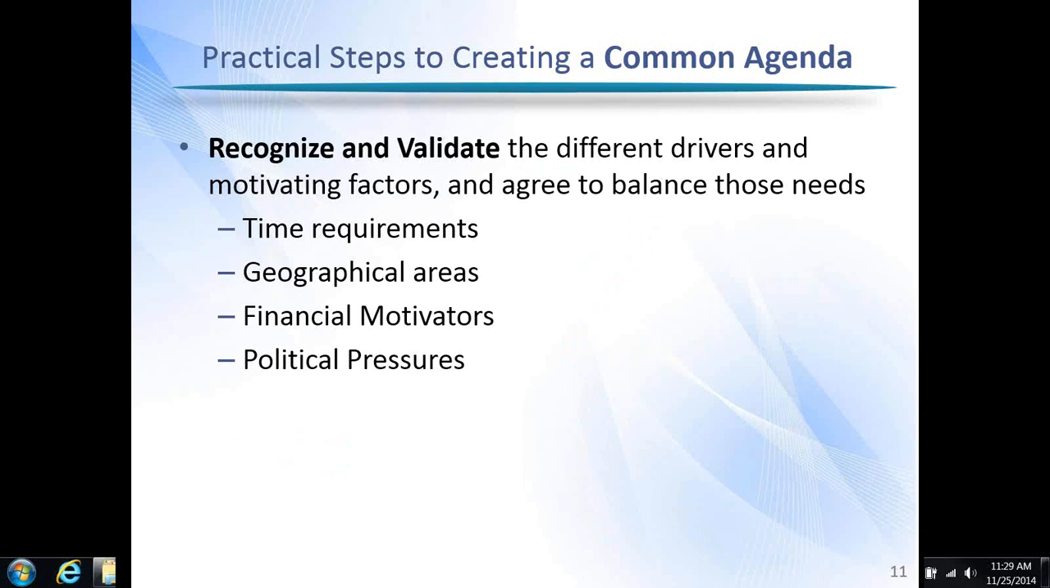Then it's important to recognize that there are different drivers that different organizations have for coming to the table, different motivators and different concerns, and agree up front that you're going to look at those and you'll have to balance them. So for example, hospitals may say, well, we need to do a community health needs assessment every 3 years, and the health departments have to do it every 5 years, so therefore that doesn't work. Well, just acknowledge that you have different schedules, but there's a way you can do this that will meet both